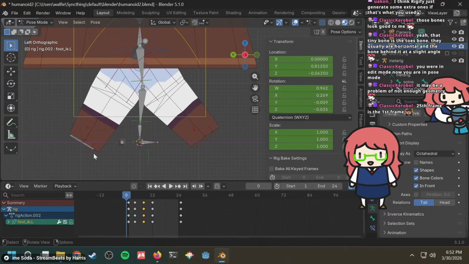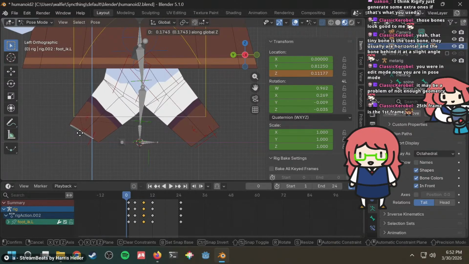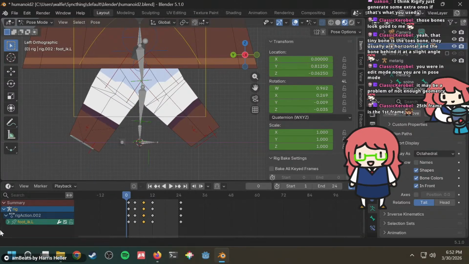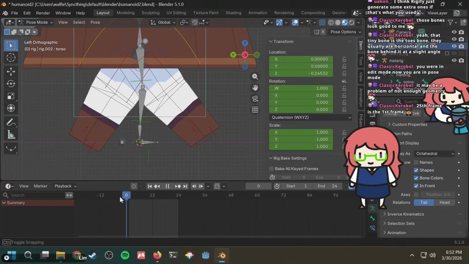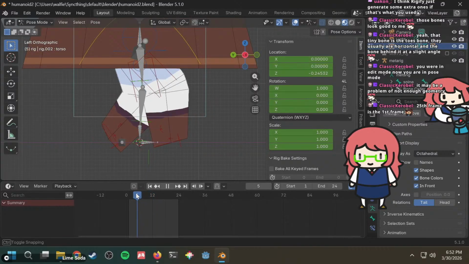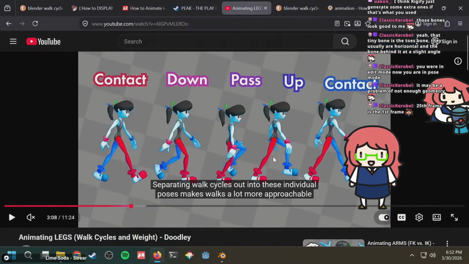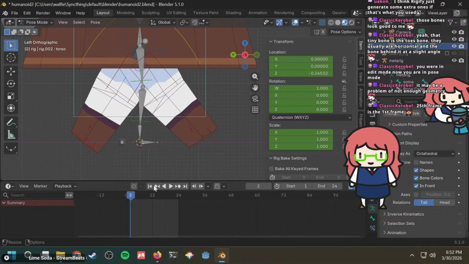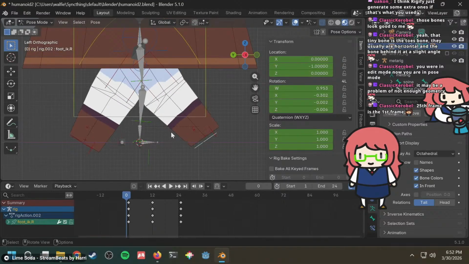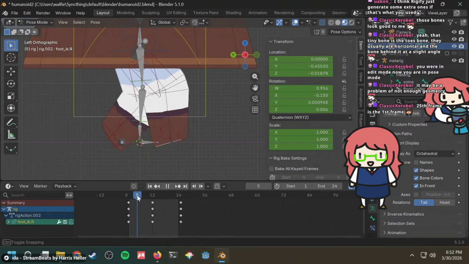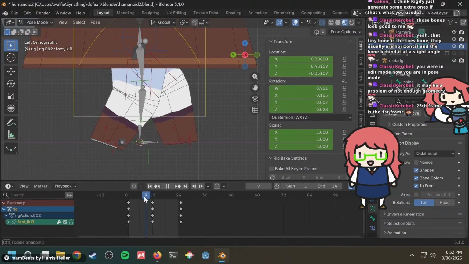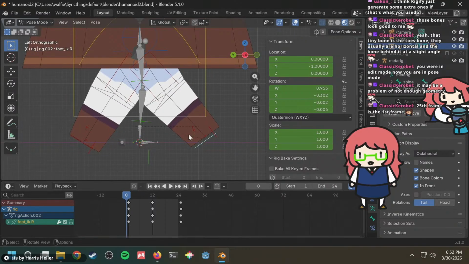Now why is this through the ground? Shouldn't this be up? Did I not add a keyframe for the torso and 0? This should not be going through the ground like this. This is probably good enough as it is though. But okay, but then we add an up pose. Wait, did I not add... Where's my keyframes? Did I not have keyframes here? No, what have I done? What am I doing?